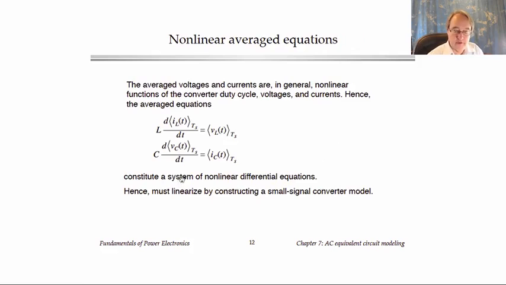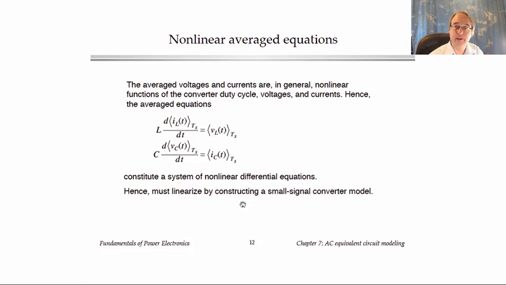So here's the equations we get. It turns out that the right-hand side is nonlinear. It involves the products of time-varying quantities, such as duty cycle times output voltage, for example. And these are nonlinear processes, this multiplication of time-varying quantities. So we have to linearize this circuit if we want linear differential equations that we can solve,